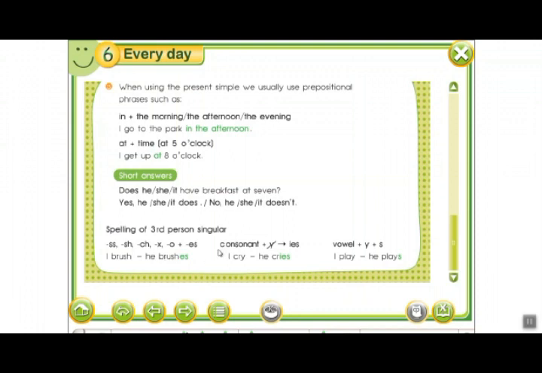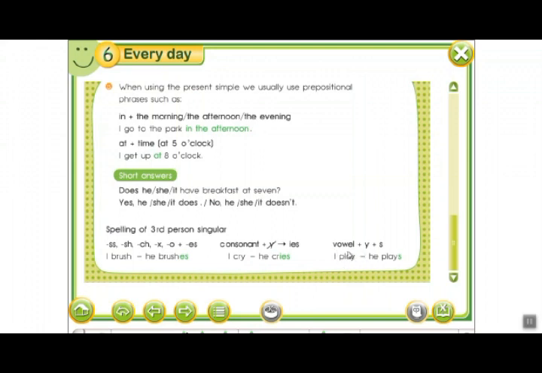But when a verb ends with y, we must drop this y, then we add ies, like in this example, cry becomes cries. So we drop y, then we add ies. But